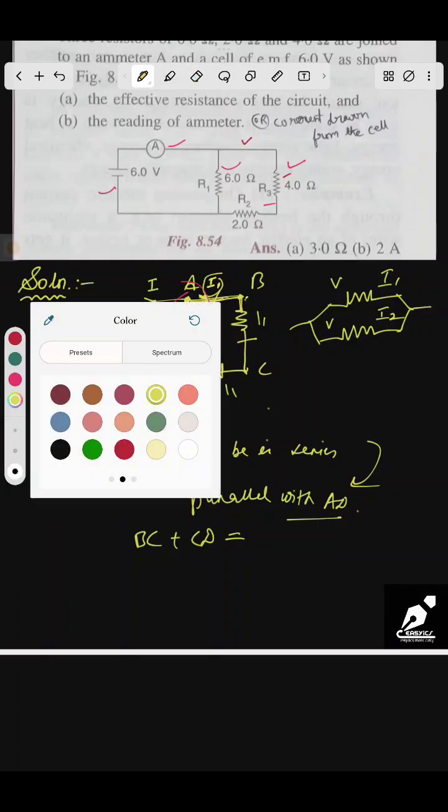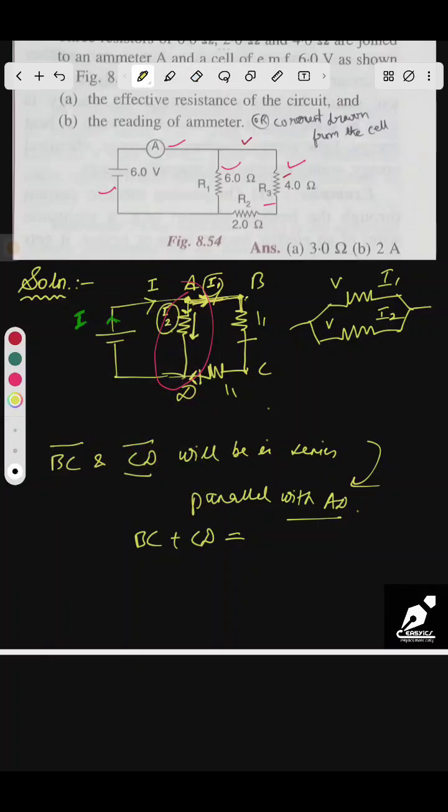That mistakenly took that AB is also having some resistance. So BC having I1, CD having I1, both of them will be in series, and BC is given as 4 and CD is given as 2. The resistance will be 6 ohm. And R1 is having a resistance of 6 ohm. Now this is in parallel